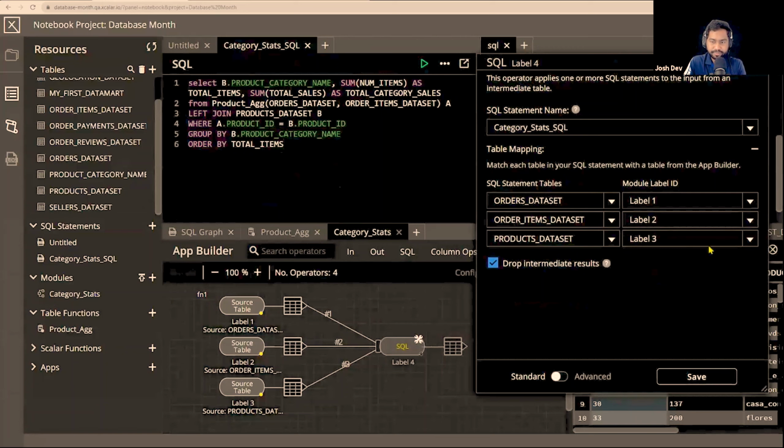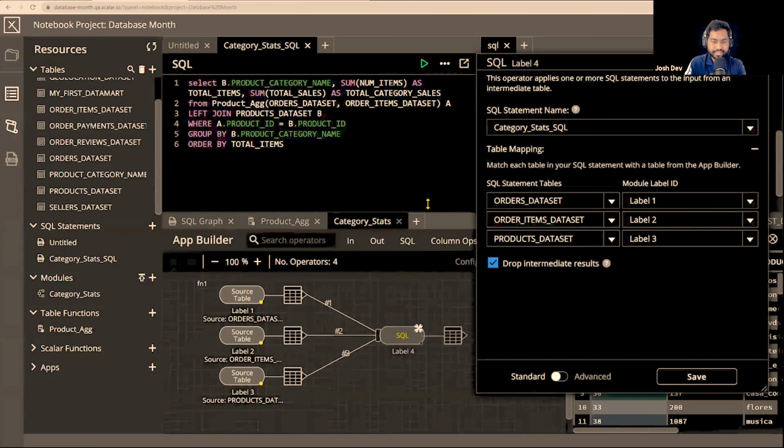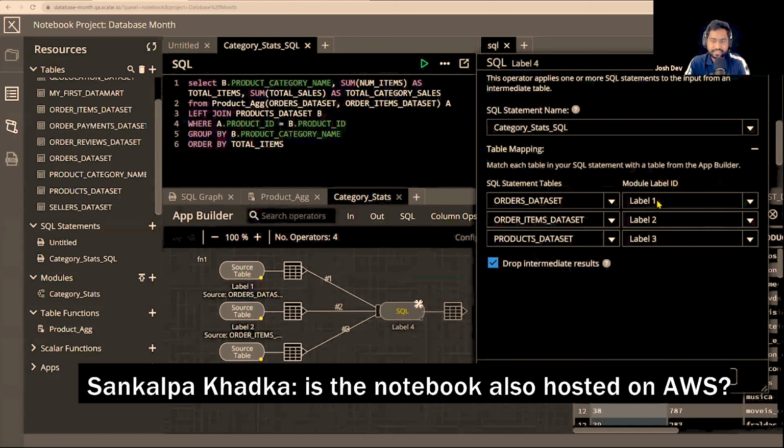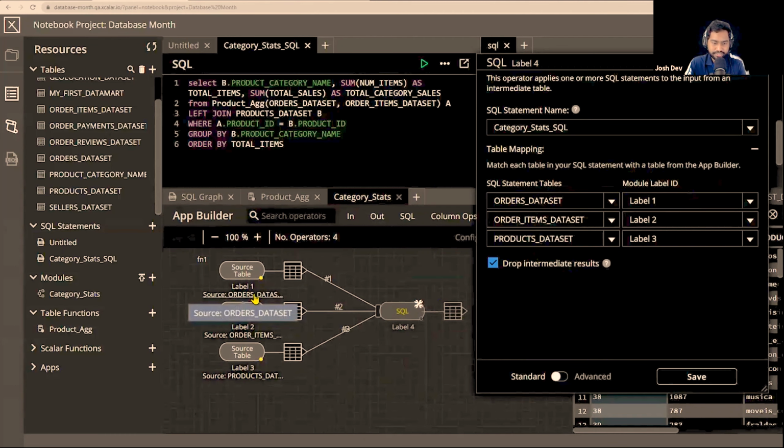You might have seen that the table mapping was updated. What Scalar did was parse our SQL, and it detected that we're reading 3 different tables. The table aliases that we've used here, orders, order items dataset, and products, are being mapped to nodes in the graph. Essentially we're telling Scalar, run this SQL on these 3 input nodes. This is the mapping for that. I just need to quickly verify that the tables are mapping to the correct labels. This source table node was called orders dataset, and that is indeed label 1. The order items dataset is indeed label 2, and the products dataset is indeed label 3. So when I hit save,